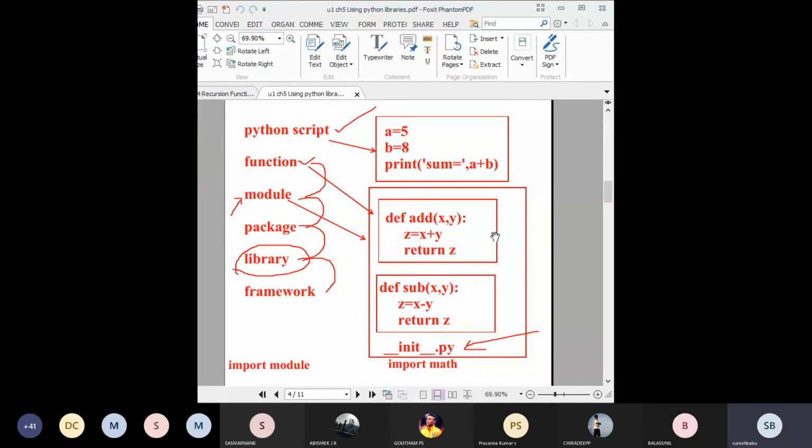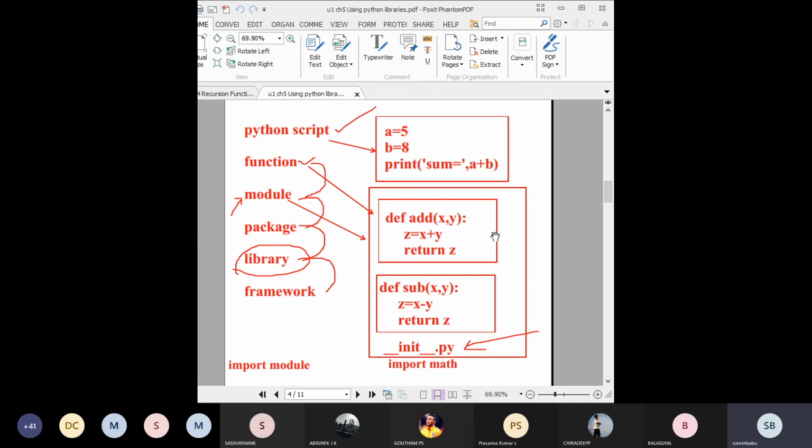In this chapter you will learn the advantages of functions, syntax, then local variables and global variables. A local variable means a variable present inside the function and accessible only inside the function. You cannot get it outside the function. But global variables are present in the main program and accessible anywhere in the program.